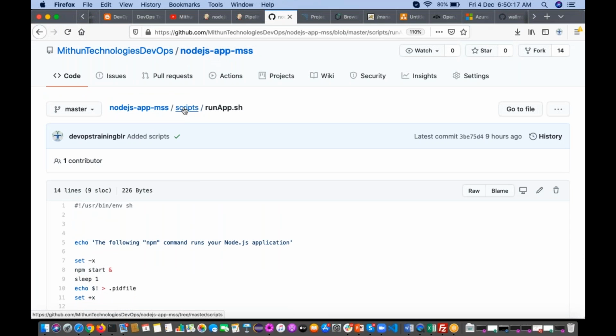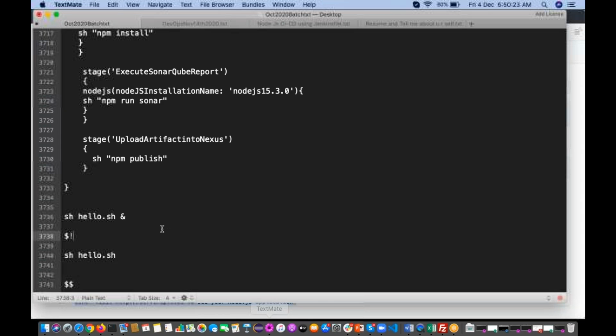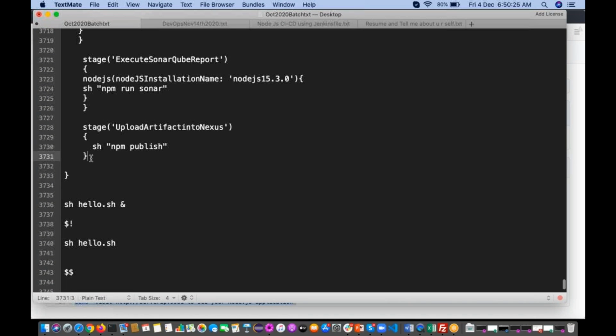How to run the shell script? sh, like this. So now go here. You can write one more stage. Stage: Run Node.js application.